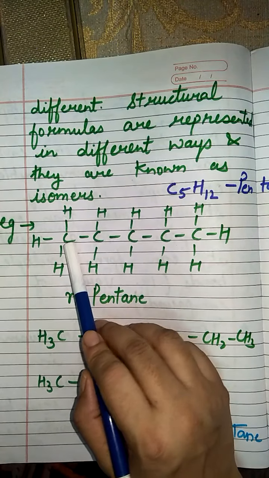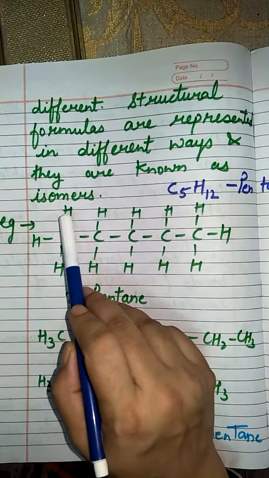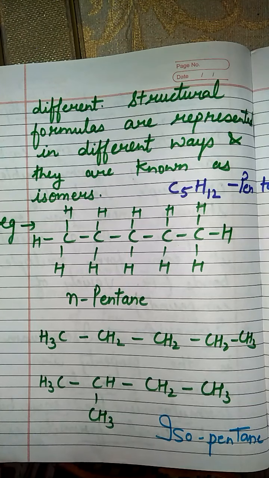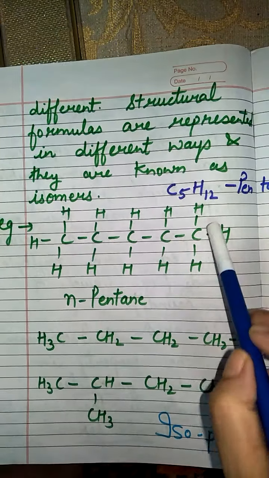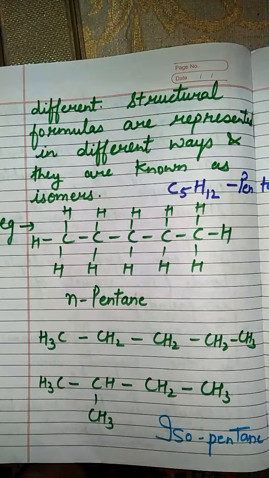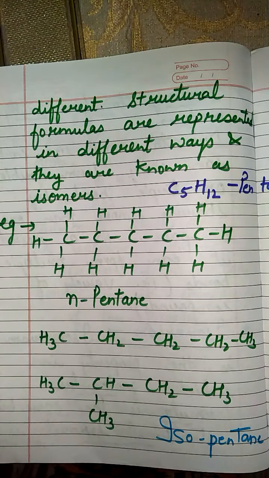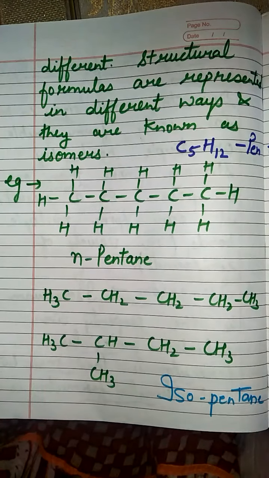Just see, bonds are given. One pair is showing 2 electrons, 2 here, 2 here, 2 here, 2 here, total will be 8. Then and only then it will be stabilized. Not even a single carbon you will find which is without 4 lines. And these 4 bonds are representing 8 electrons. Please don't forget this. Fine.